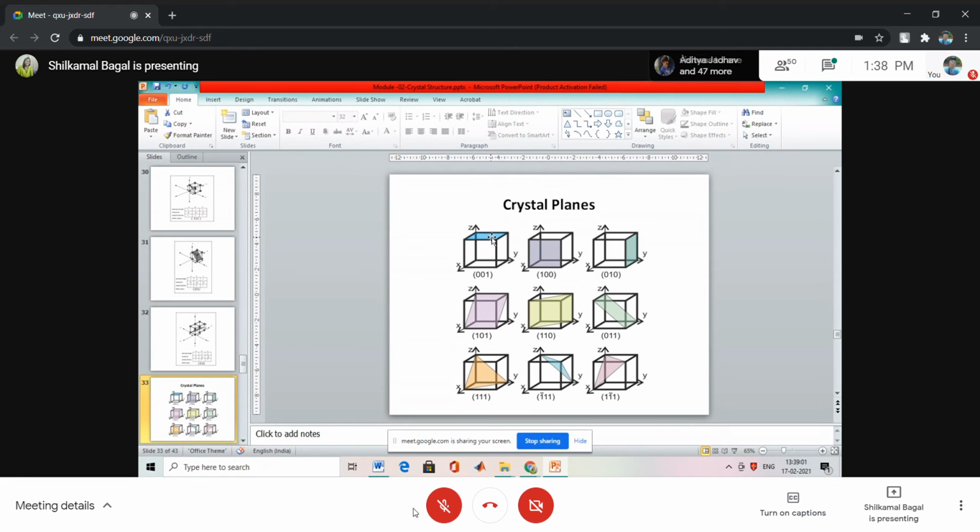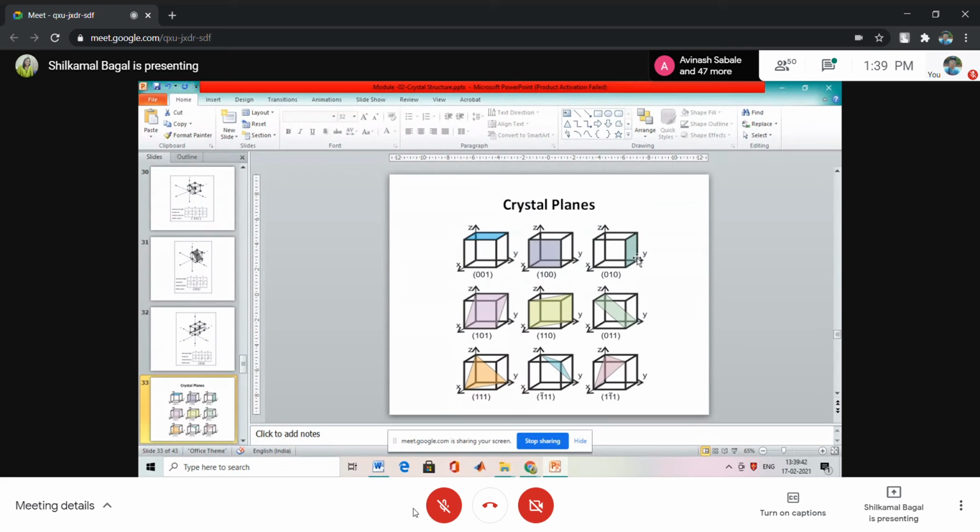This top face is 0 0 1, as we saw here. Then see, what will this vertical one on the side be? Now this plane cuts only the y axis at 1 unit and it is parallel to z as well as parallel to x. Anyway, if the plane is given, we can write the indices of that. It cuts only the y axis. So the K index, that is the middle one, will be 1 unit, and the remaining two remain parallel, so they never intersect, that is the intercept is infinity and the reciprocal of that is 0. So the indices of this are 0 1 0.